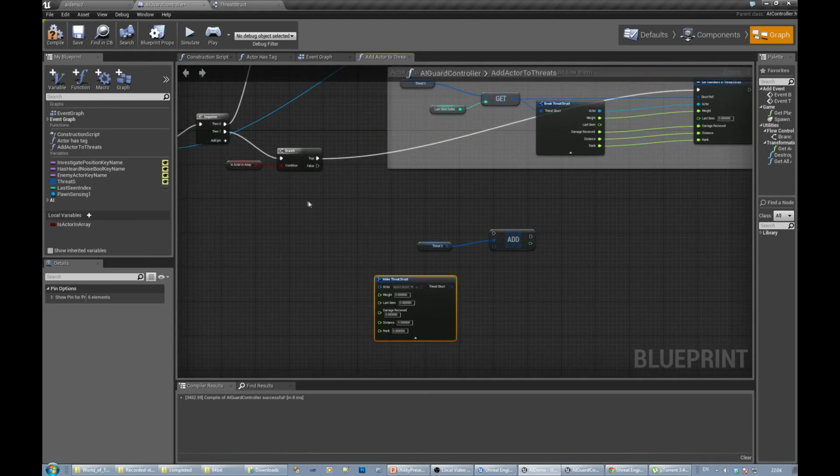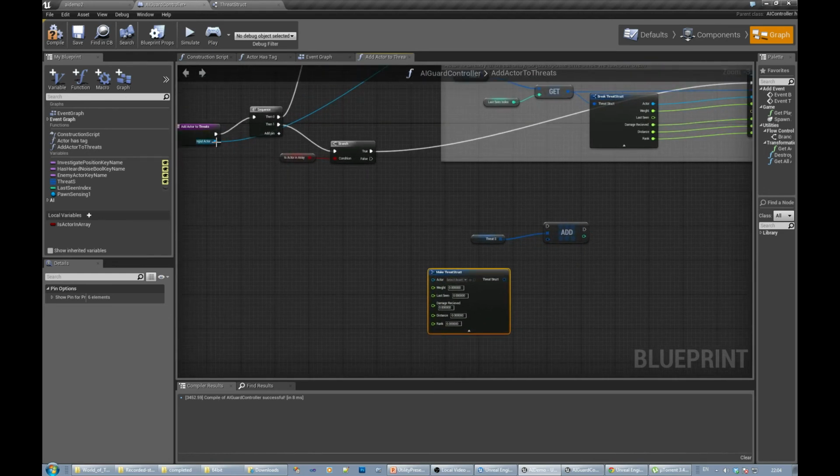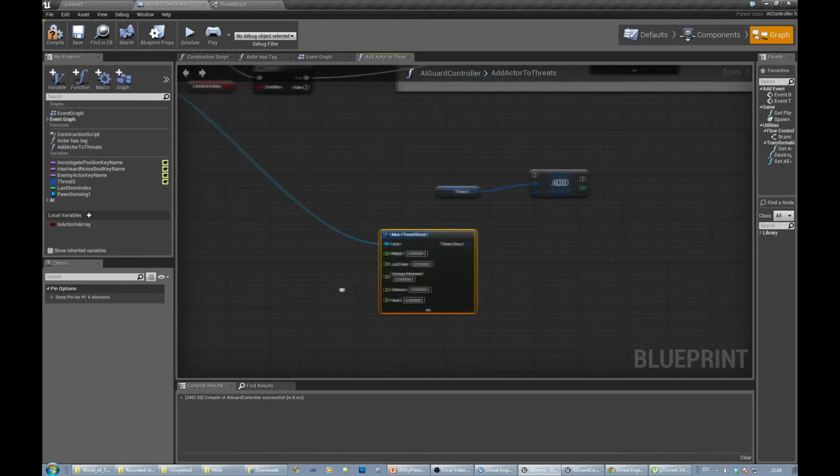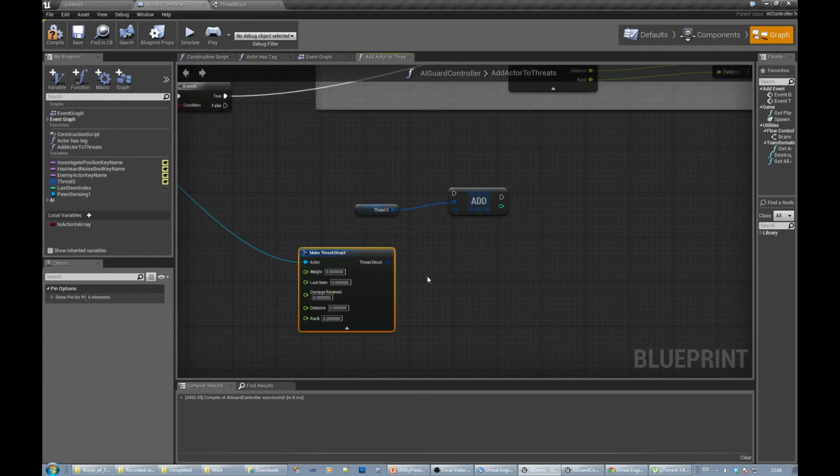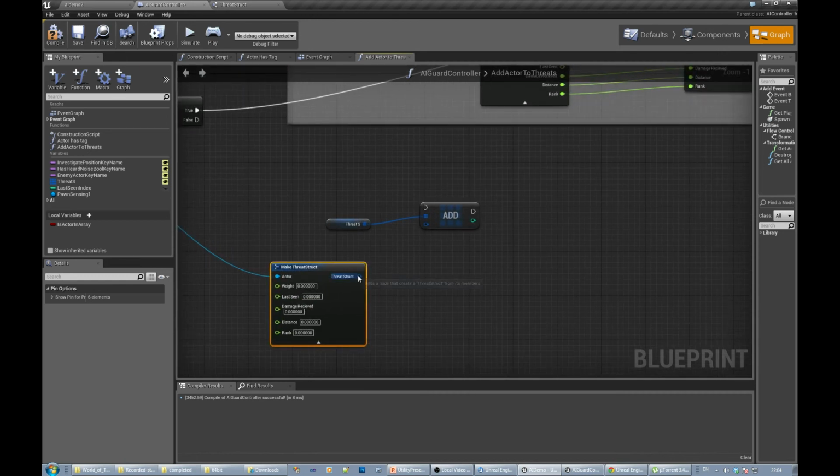We don't necessarily have to put any values in there particularly apart from the actor, because we're going to calculate these values as we update anyway. So essentially the last seen is a good value,